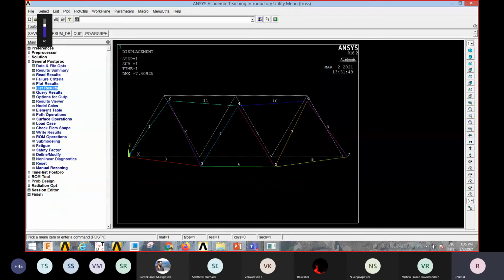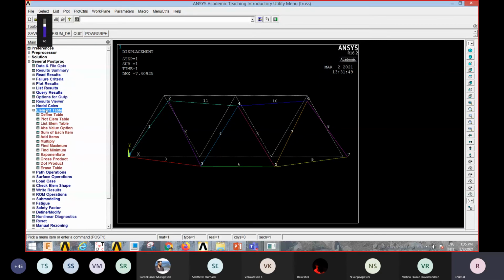Next, we go for element table. Here we are going to see the stress. This part alone we cannot do at home and see. So you observe here, the video will be made available to you through LMS. When you come back here, I will also be there, Giri will also be there. We will try to help you solve it when you come for the real-time classes.